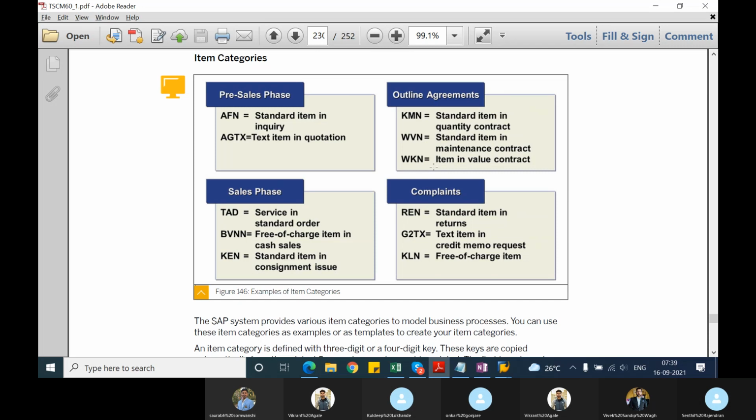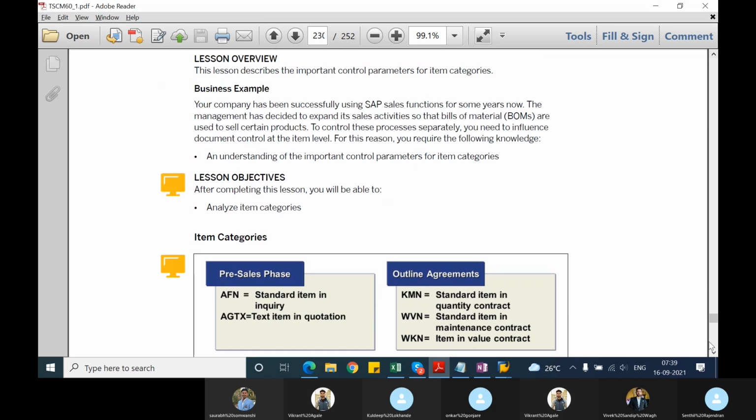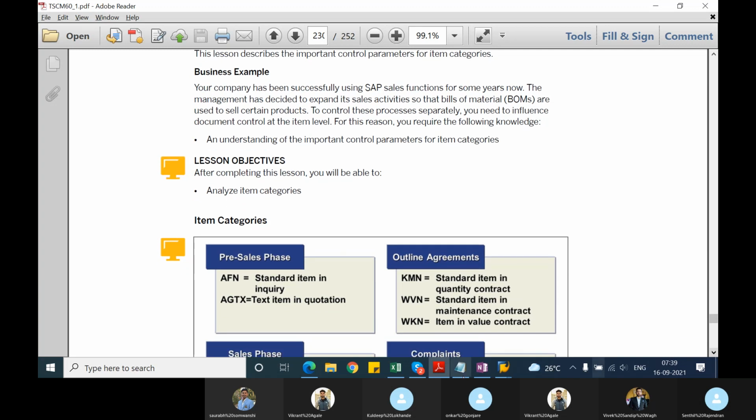Then we have the sales phase, in which we have different kinds of sales documents. Then we have contracts or outline agreements, which also have item categories. And in returns, free of charge, debit memo or credit memo request document types, we also have item categories. So how the item category naming happens is based on, for example,